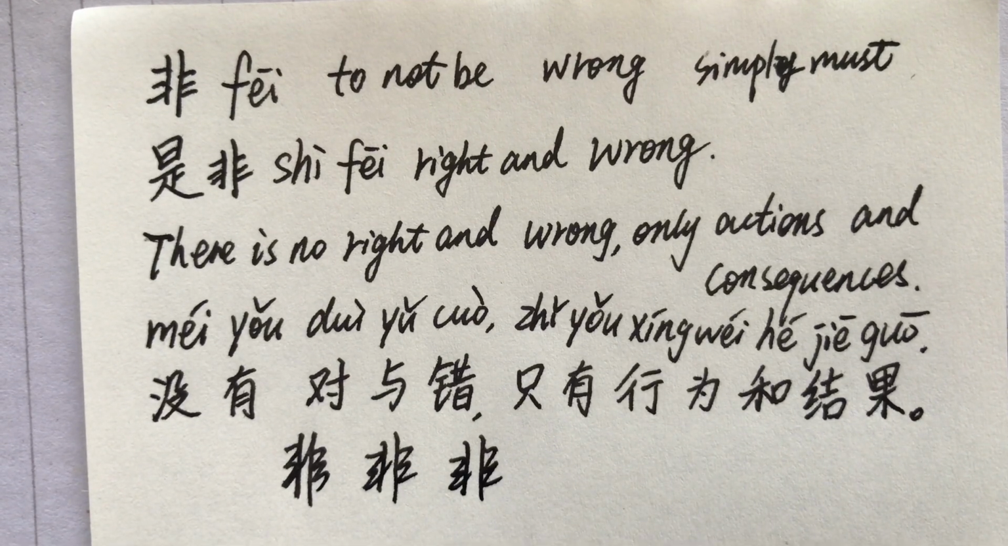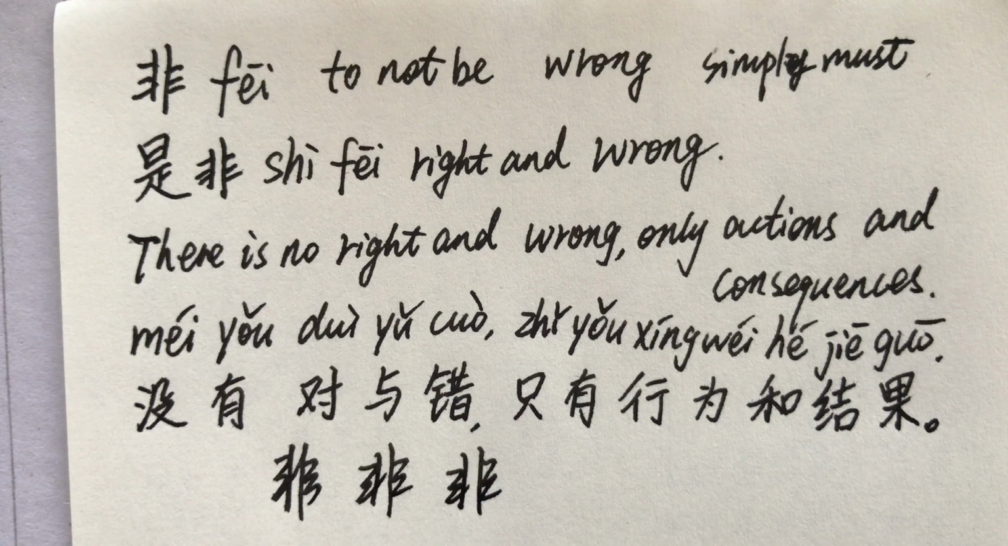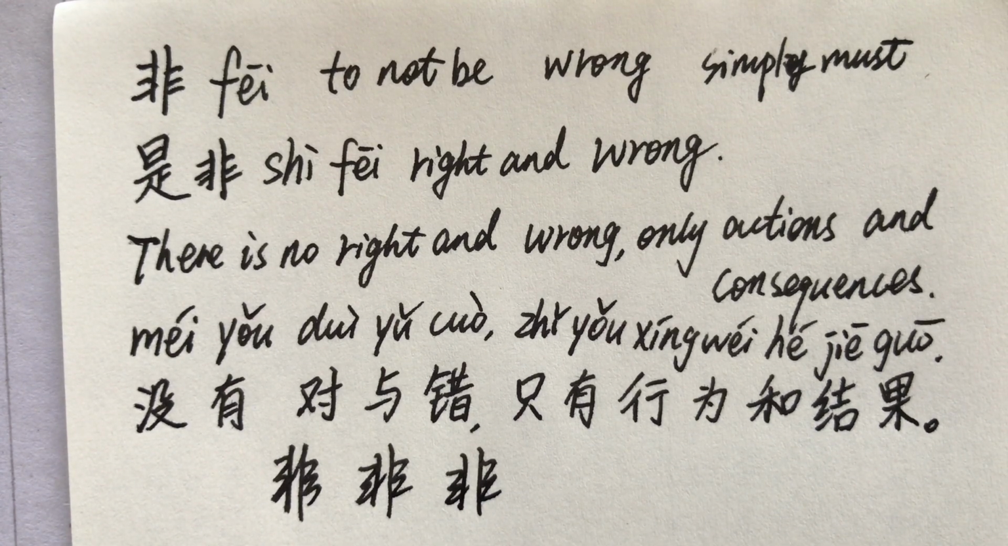Fei to not be. Wrong, simply must. 是非 right and wrong. There's no right and wrong, only actions and consequence. 没有对与错，只有行为和结果。非